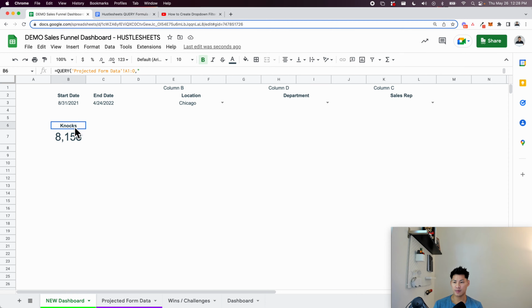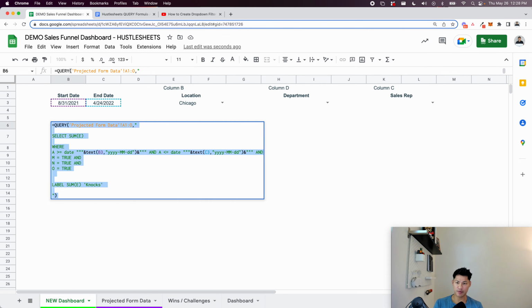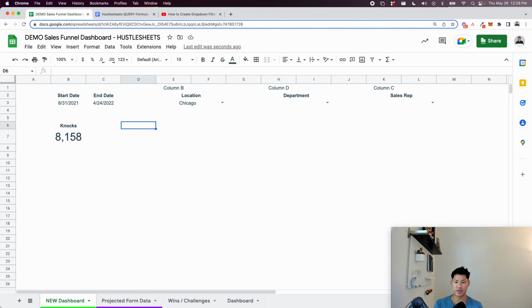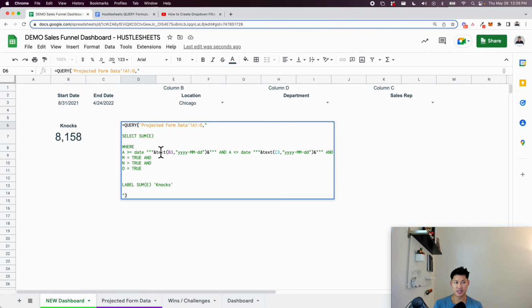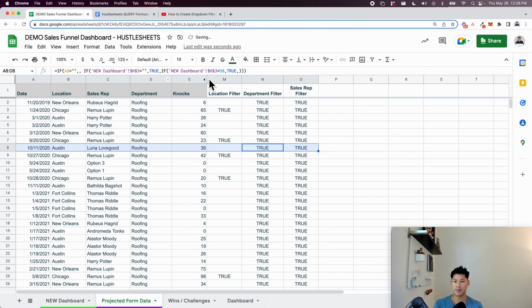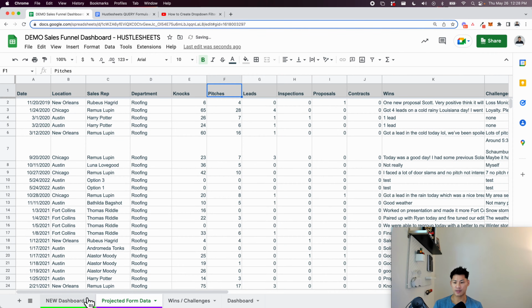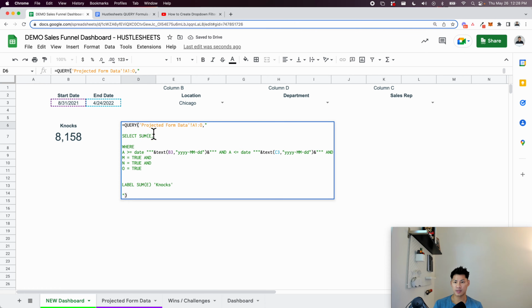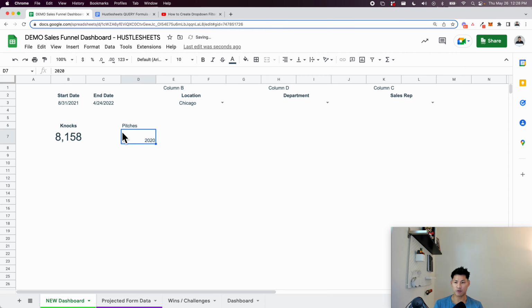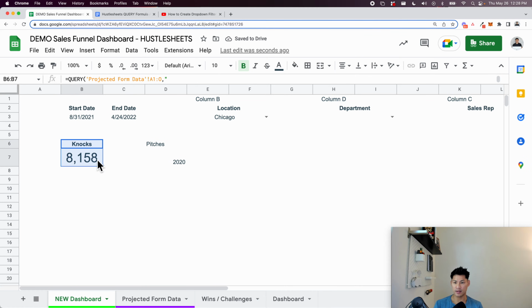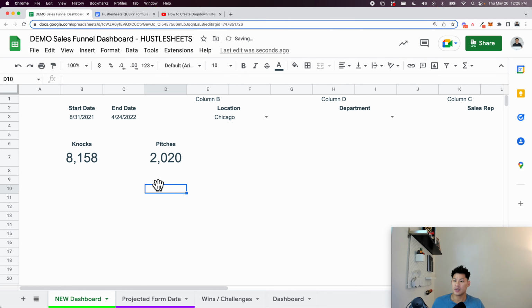Okay, so now, as you can imagine, to do this for the next parts, pitches, leads, inspections, proposals, contracts, I just have to basically adjust this formula, right? So I can just copy this entire formula, go to wherever I want to put pitches. Now, instead of hitting sum E, pitches is going to be in sum F, right? So all I have to do is change sum E to sum F everywhere, and then change this word to pitches like this, right? And to copy the format over easily, just highlight with the original format where it's correct, paint format, and then click here. So that's pretty simple, right? I can just do this all the way across